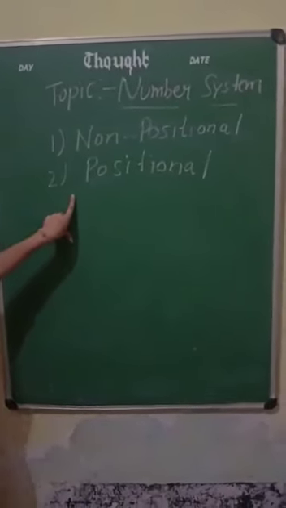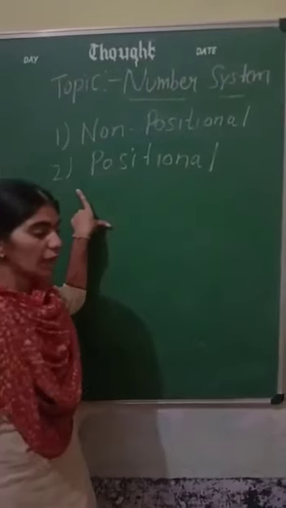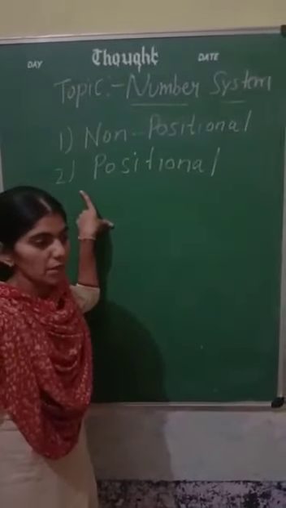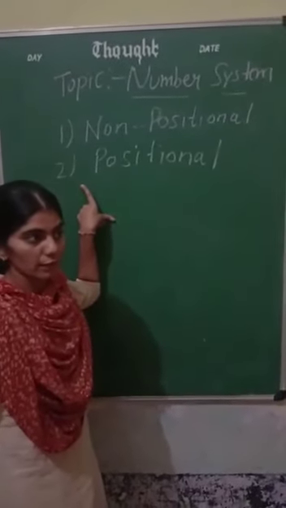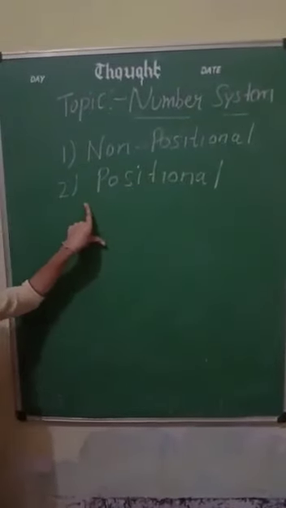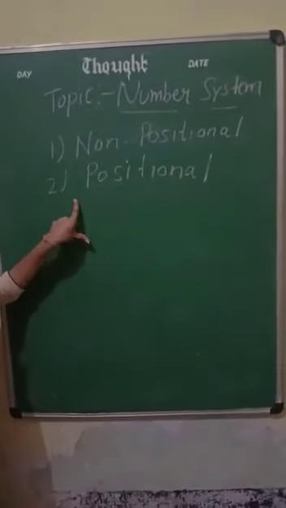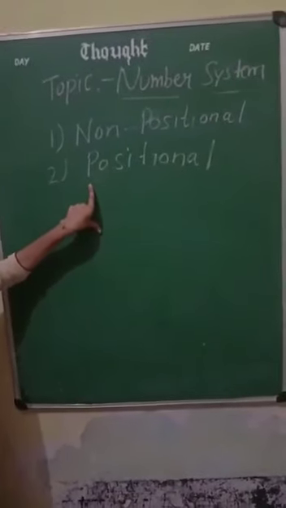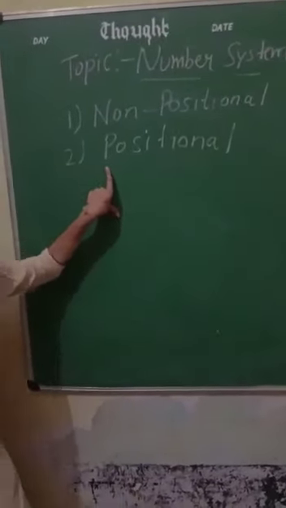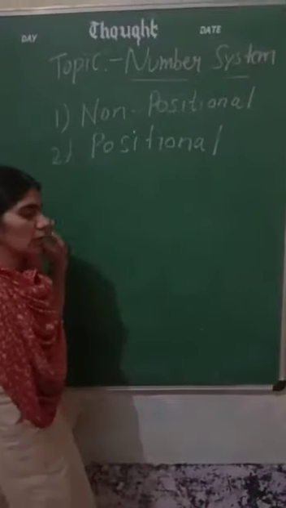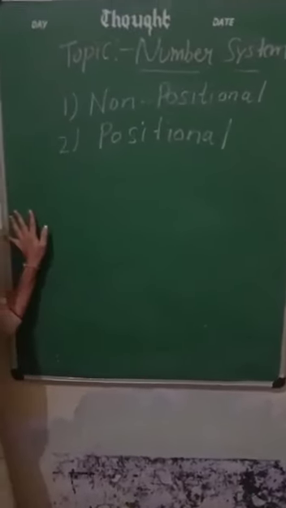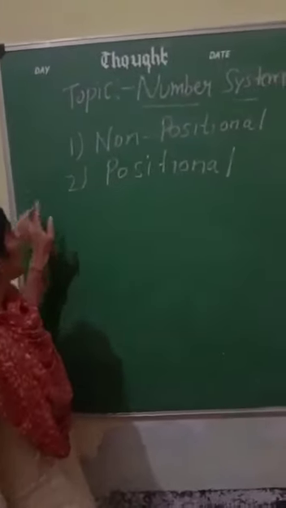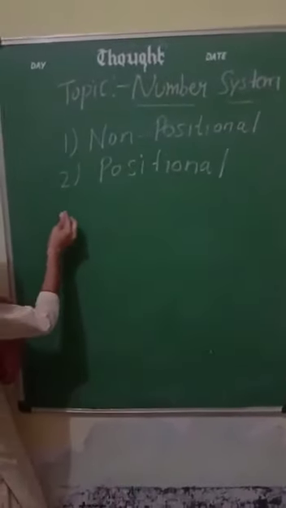In earlier days human beings counted with stones, pebbles, sticks, bones and thumbs. That was in a previous time. Nowadays the famous one is the positional number system, like the 1st place, 10th place, 100th place, in this way. The positional number system has 4 types. How many types? 4 types.